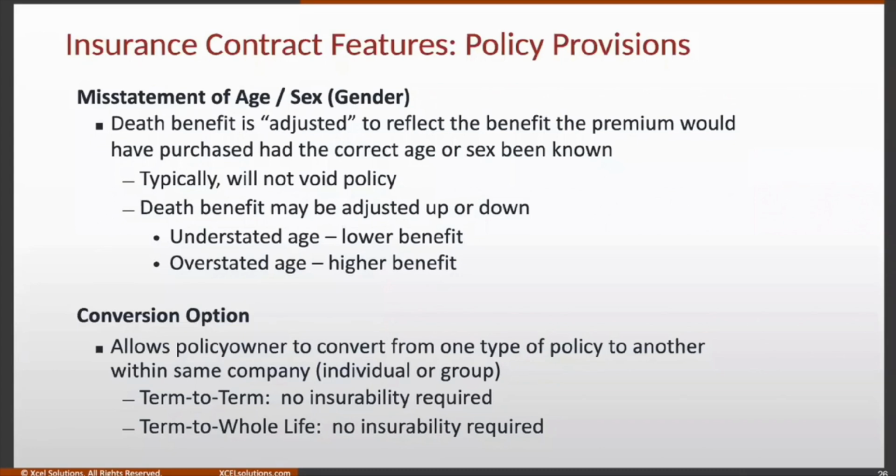Okay? So, typically, it will not void out the policy, but the death benefit may be adjusted upward or downward. If the age was understated, then that would provide a lower benefit. And if the age listed on the application were overstated, then that could provide a higher benefit paid out by the insurance company. Now, the conversion option allows the policy owner to convert from one type of policy to another